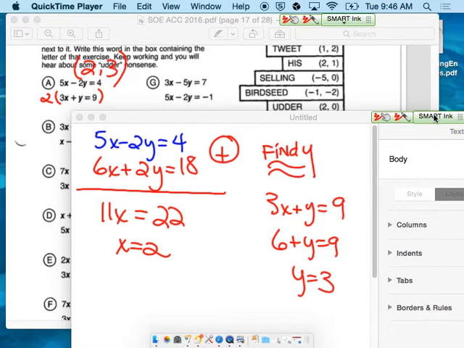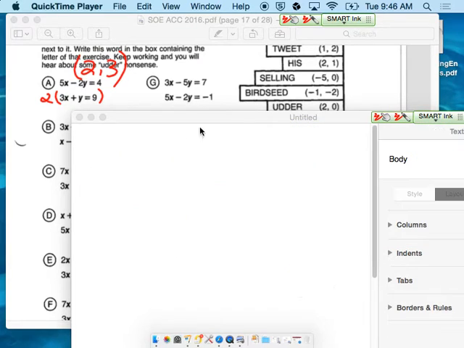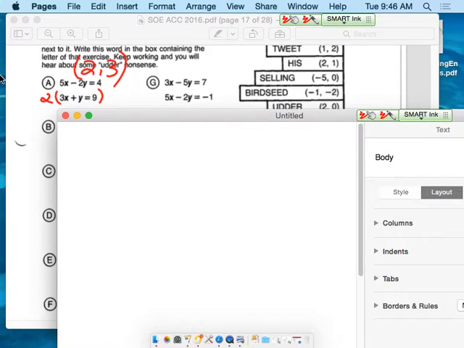Let's do one more together. Let's do problem set G. So here in problem set G, I'm going to have to manipulate both equations. So I'm going to, and this is just a choice, choose to eliminate y. Okay, if I'm going to eliminate y, I'm going to multiply the first equation by positive 2,